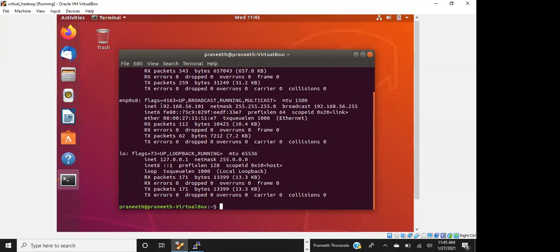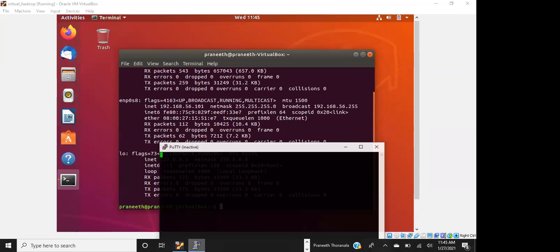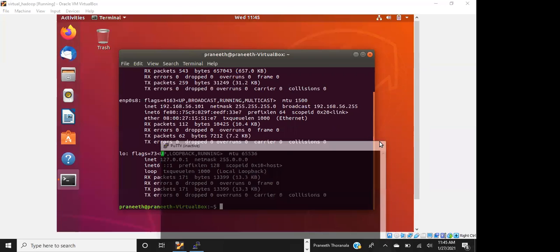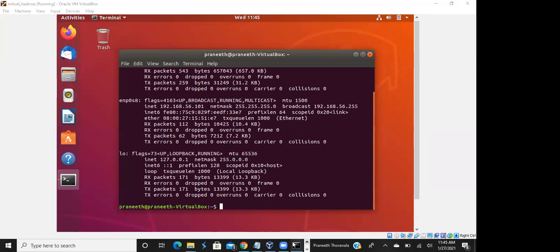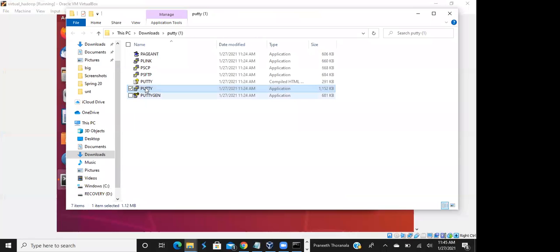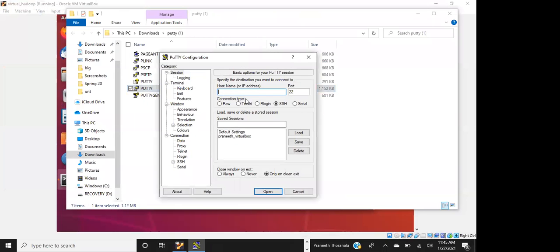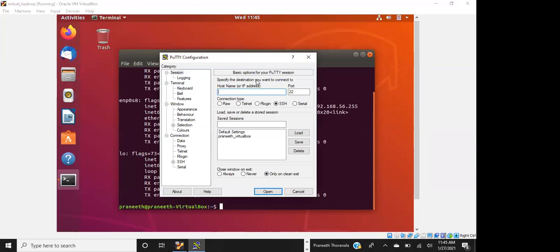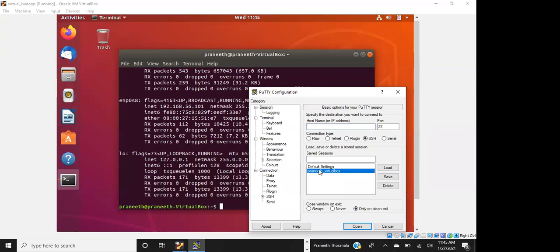Okay, again go back to PuTTY, close this and open a new one. Click on the already saved session and just load. You can click on the load button.